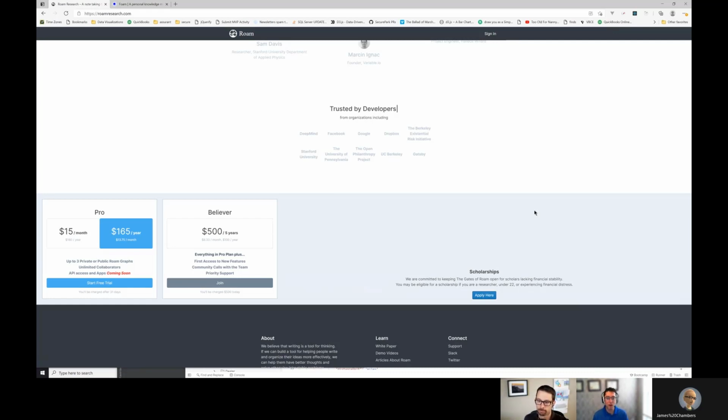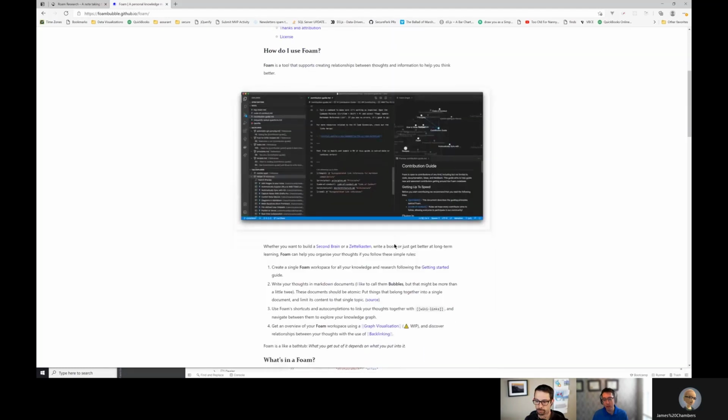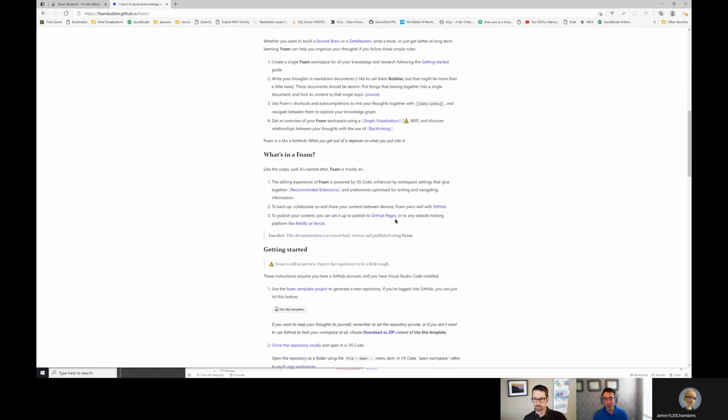And there were some other options out there, but all of them were like, you kind of have to pay a little bit of money, until I came across this little plugin for Visual Studio Code here. And I say little plugin, but it's actually a bunch of different plugins, like a meta plugin. Is that a thing that installs a bunch of plugins? And this brings all of that note-taking goodness into Visual Studio Code, which is where I am like 8 hours a day anyway. So why don't I just put everything into Visual Studio Code? So that is what I've been doing over the last month or so. 2 months, and it's been working out great so far.